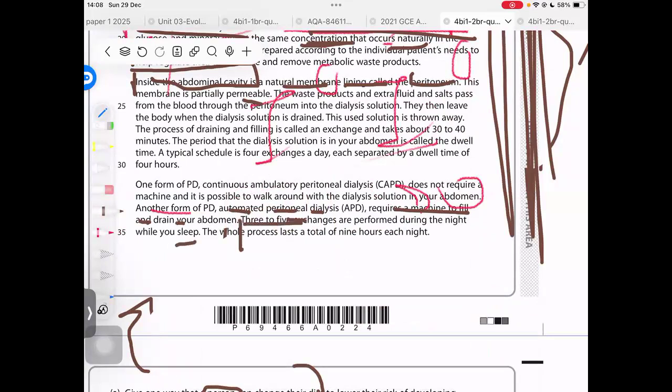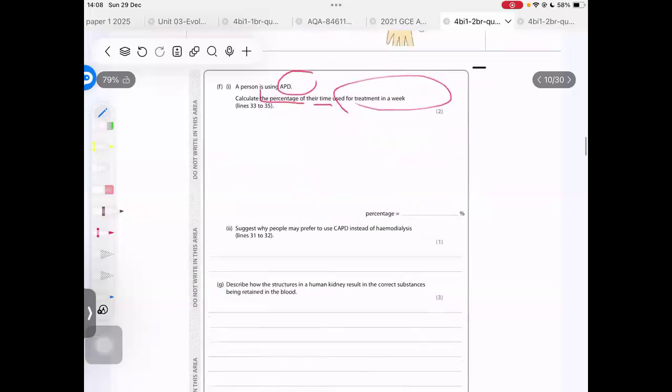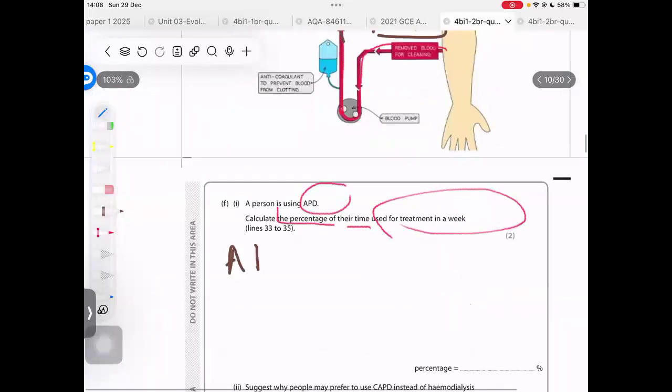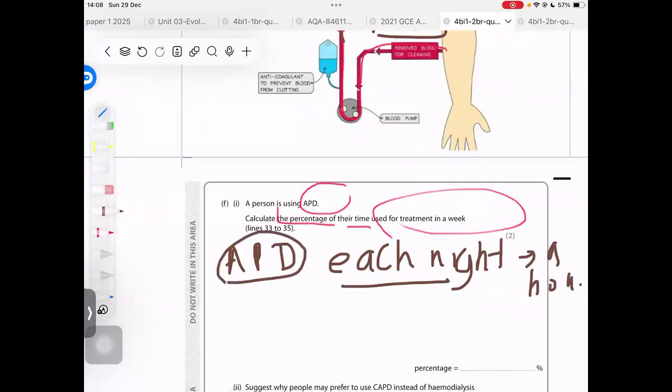The whole process lasts for a total of 9 hours each night. So they are saying this APD process each night takes 9 hours. They're asking us to calculate the percentage of the